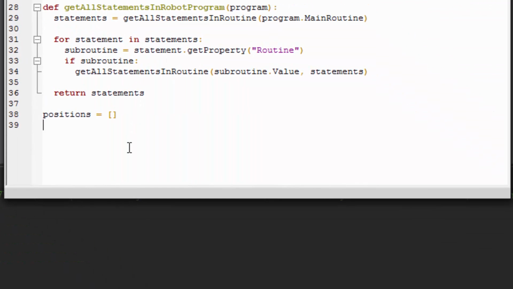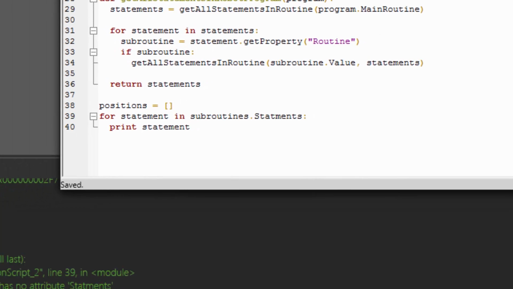So let's say for statement in subroutines dot statements. Say we want to know if the statement has what's called a positions property. So if it has any positions, the robot has to move tool. So let's actually print the statement itself. So print statement. Let's compile the code.